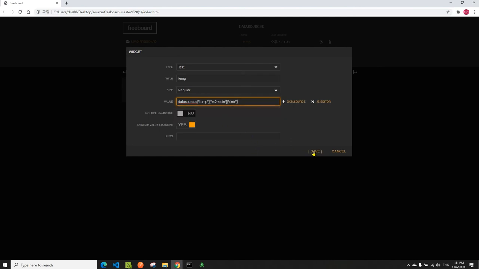So what has been done right now is Freeboard just parses all the objects or the response object, and when you just put the bracket,